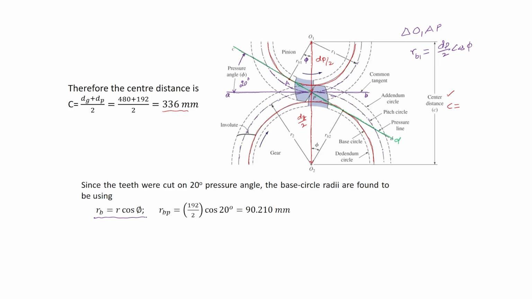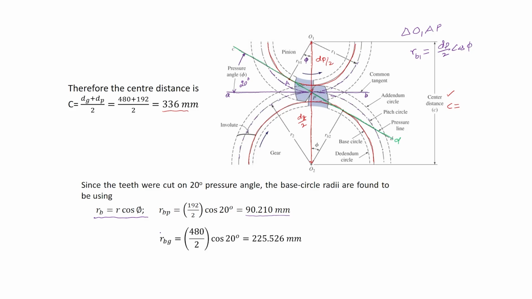The base circle and pitch circle radii are related with the help of the pressure angle, and the base circle radius is equal to the pitch circle radius multiplied by cos phi. So the base circle radius of the pinion is equal to the pitch circle radius of the pinion, which is 192 divided by 2, times cos phi, that is 90.210,